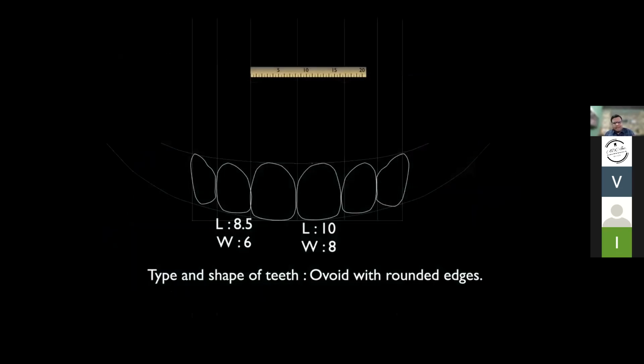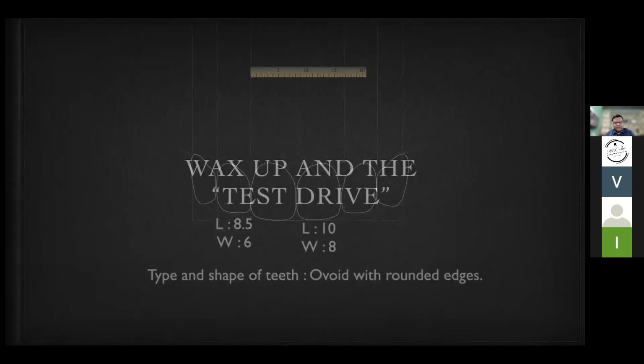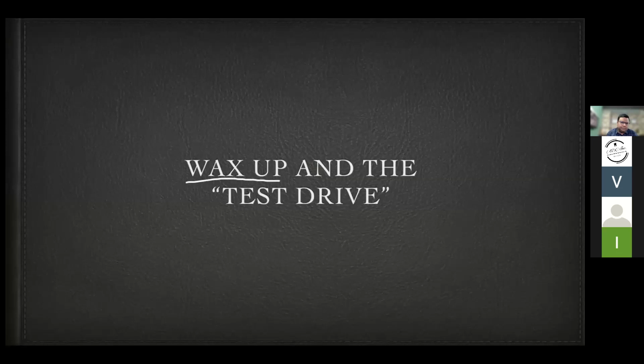Again, you select the length, you select the shape of teeth with something called smile analysis that you do. You send it to the lab, use a concept called visagism. We teach in detail about these concepts during our programs. So you decide the type of the teeth and then you send it to the lab. Once the lab now sends you something called the wax up. Wax up is nothing else but ask the lab to do an additive wax up